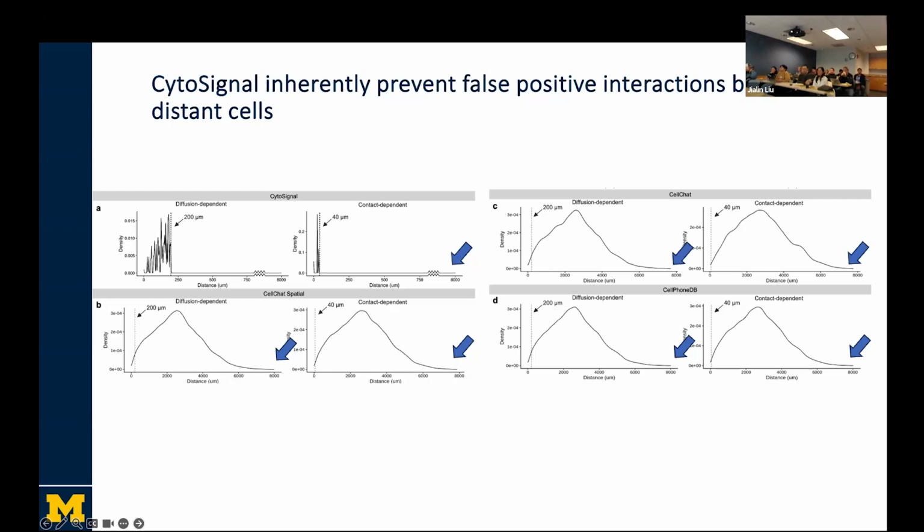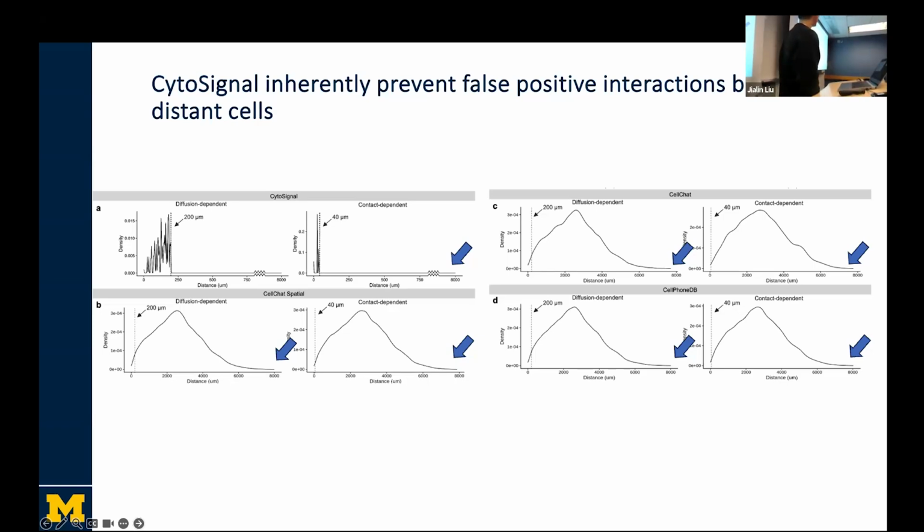So I guess I have two questions. How did you draw this performance tracking? And the second is, what is your advantage in taking distance into account in your system compared with others, for example CellChat spatial, that makes your algorithm better? Did CellChat actually take spatial or distance information into consideration at all? You mean whether they consider that or not?